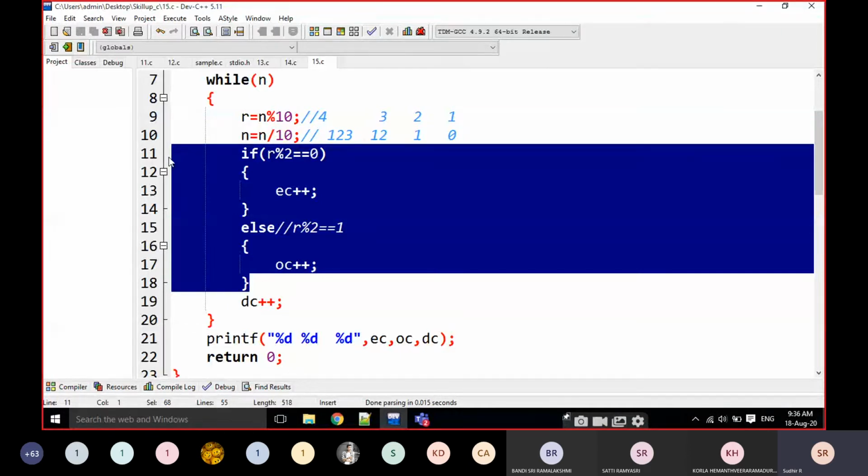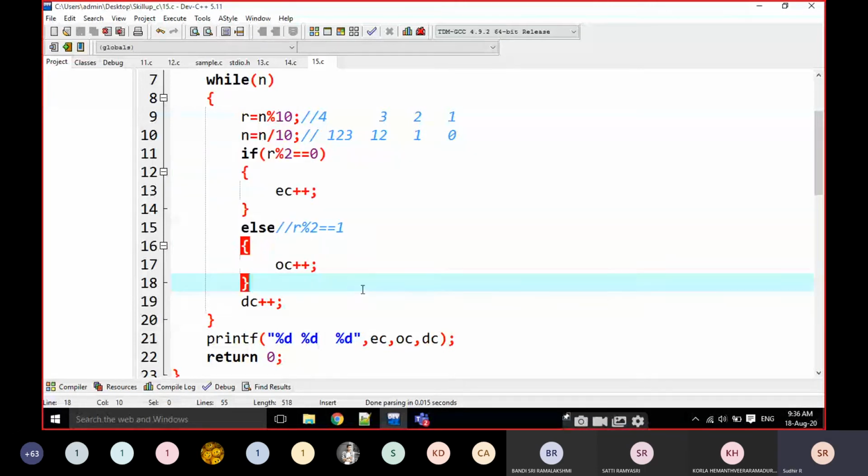How many ways are there? Here only two ways. First one is even, the second one is odd. There is no third condition here. That's why I am using if and else. If there is a third condition, then we have to write if, else if and else. But here there are only two ways. That's why I am writing if and else.